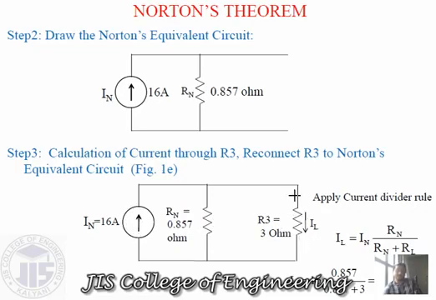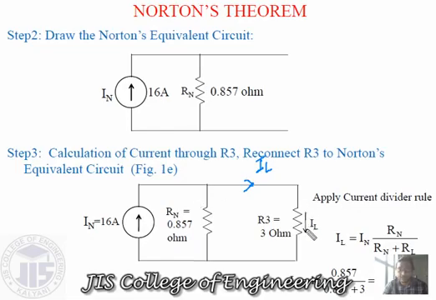Now our aim, our question, is to find out the current through this load resistance. Now let's consider the current here is IL. IL is the amount of current. Now here IN is the overall current, and the circuit contains only one current source, only one single resistance, and one other load resistance. So obviously if we apply the current dividing rule, we can simply get the amount of current.